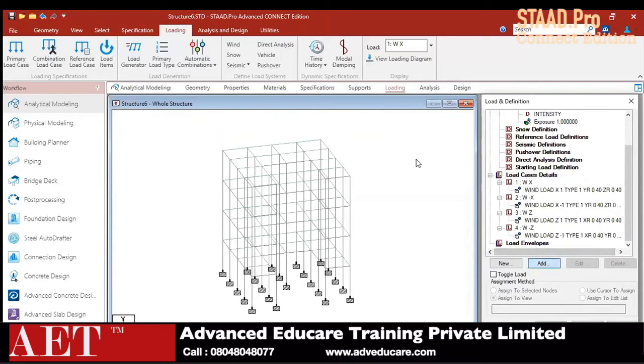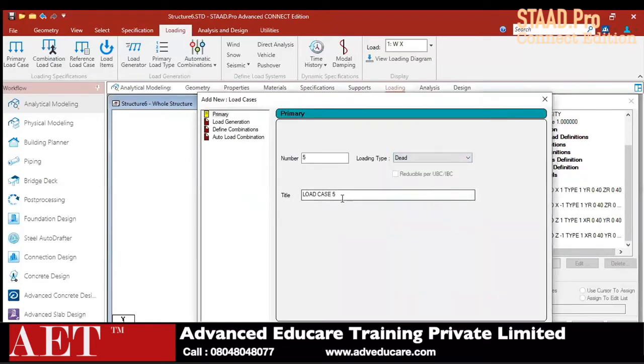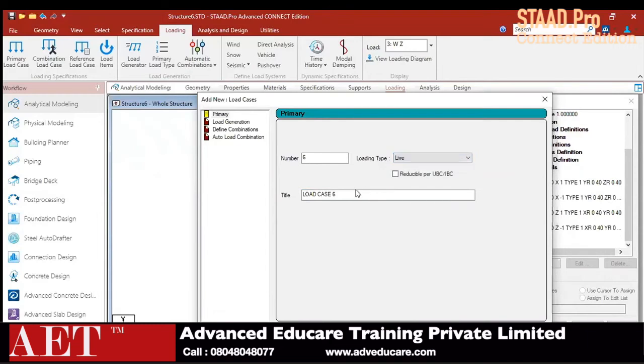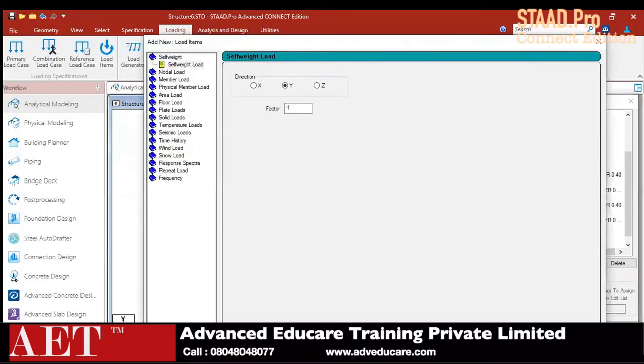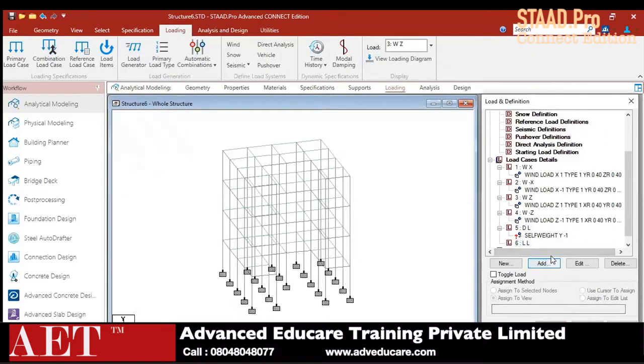Now I have to create all the load cases, that is dead load and live load. I have created a dead load and a live load. In the dead load, just select the dead load, click on add. Self-load factor is -1. Then select the live load and click on add.